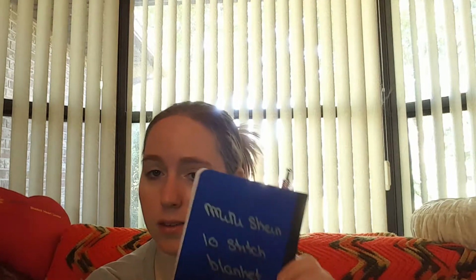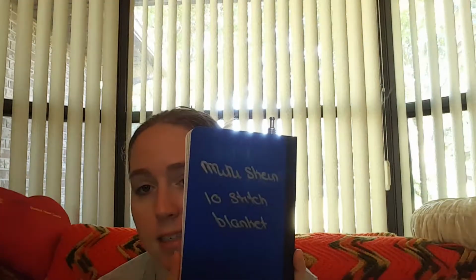However, the back of it is the mini skein 10 stitch. I will not be talking about the mini skein 10 stitch, or at least showing it to you this week, because I haven't worked on it. I thought maybe last week I would get through the corners. No,